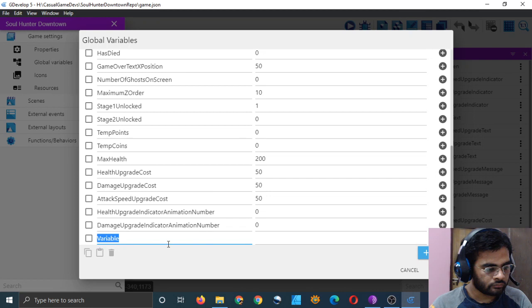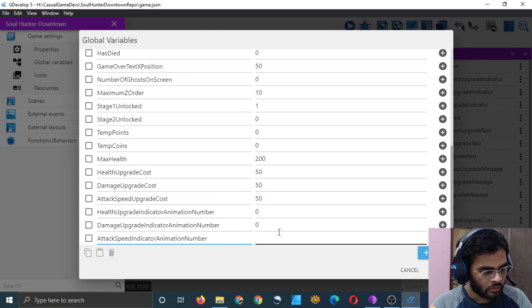Add attack speed indicator animation number is 0 again by default. Okay, cool, and apply.